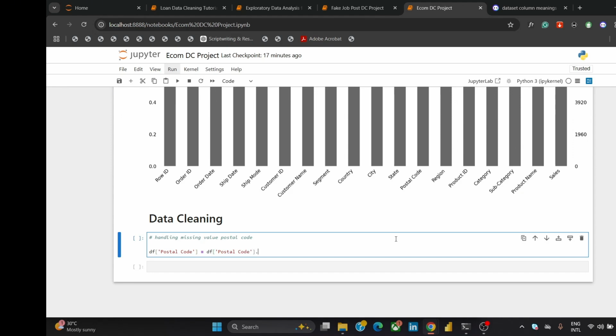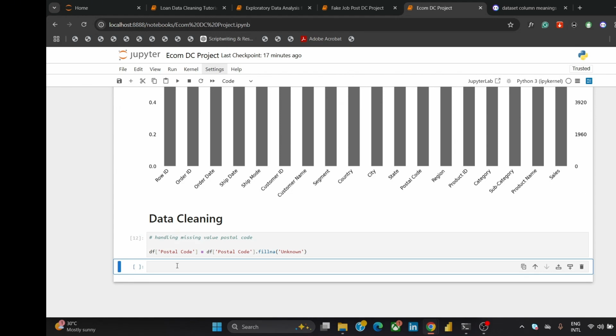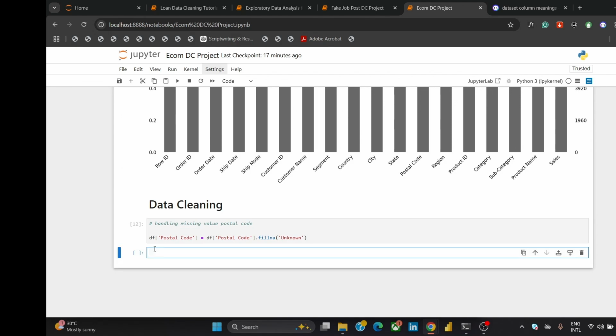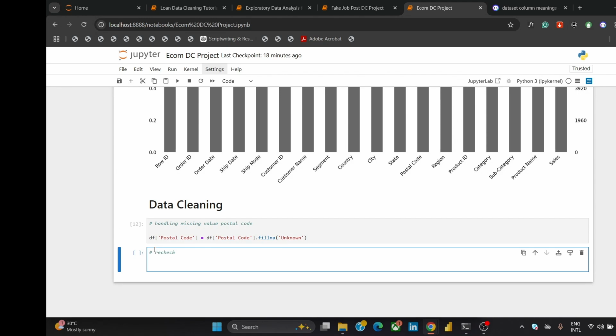Then we say dot final. Okay. Then we'll fill it with unknown. Unknown. Right? Then let's go ahead and run this. So once we run this, we can go ahead and check. We check, right? And to recheck, we can simply do